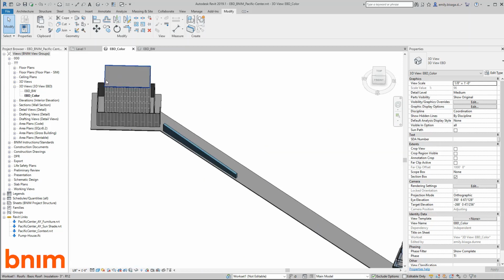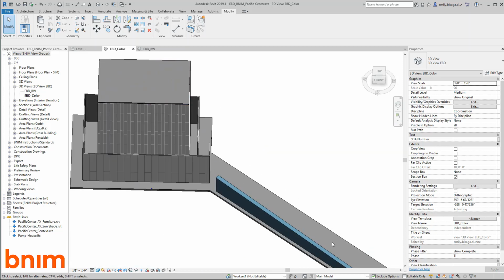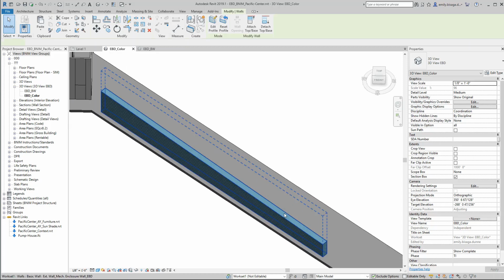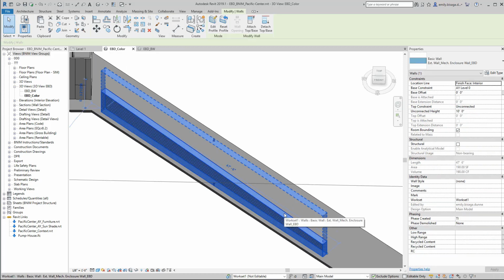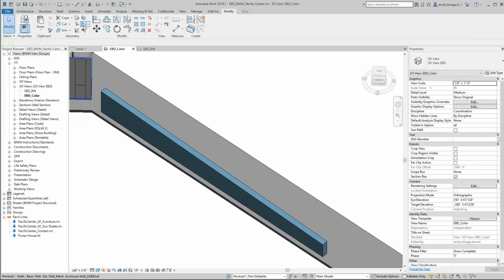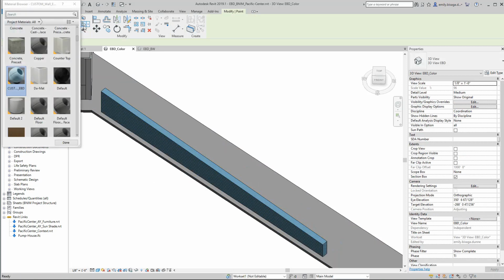In this example, we are looking at a reskinned pump house in the BNIM project and a feature wall on the way to the pump house. With this new 2019.1 feature, we will be able to apply a material to the top of the wall using Modify, Paint, and selecting our custom material, then tab selecting over the top surface of the wall and applying the